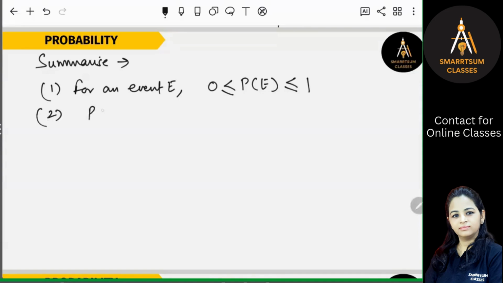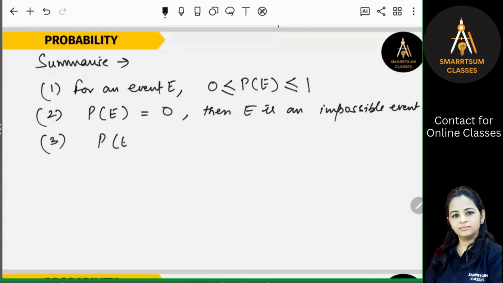Suppose we are saying the probability of an event occurring is 0, that means E is an impossible event, which can never happen, right? And that's the reason its probability is 0. It is an impossible event, right? If we say that the probability of an event to occur is 1, it's a maximum probability. That means E is a sure event. We are very much sure this will happen. Is that clear? The probability of getting that event to occur will be 1. That is the maximum probability.